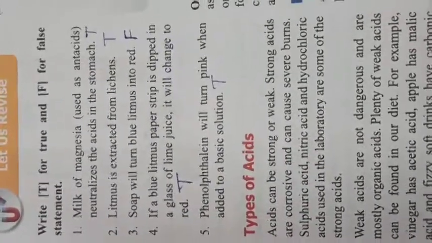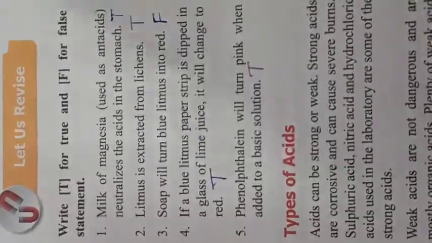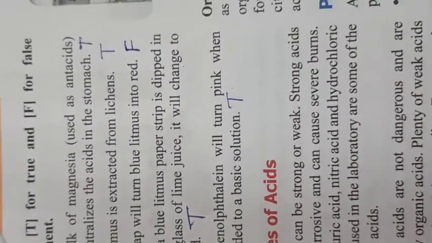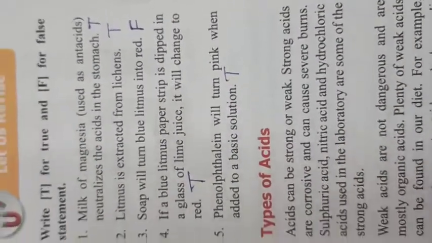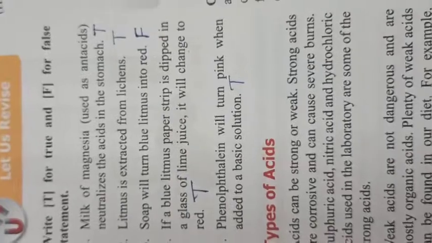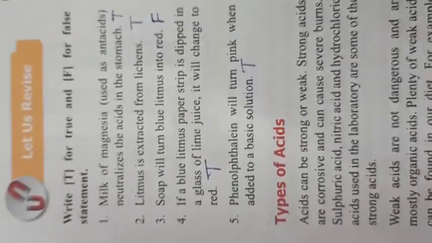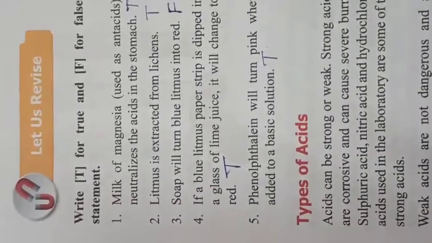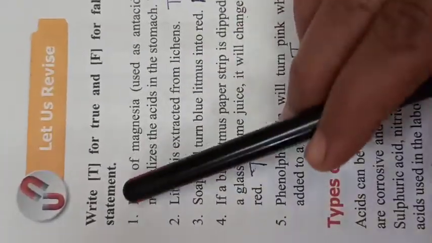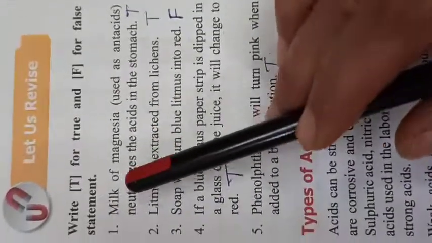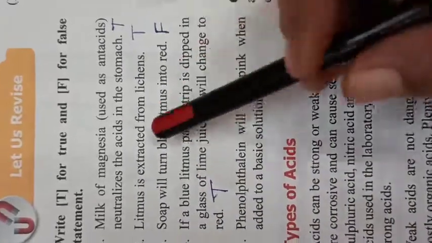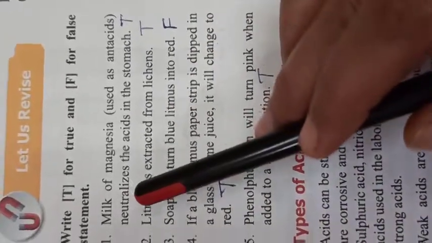Children, last time I explained to you about acids and bases, and some activities related to them, that is, how we can check the acidity or basicity of any liquid. Okay, so now let's start the next part. Children, here some true or false questions are given. In between the chapter, some exercises are also given. So here true or false are given.